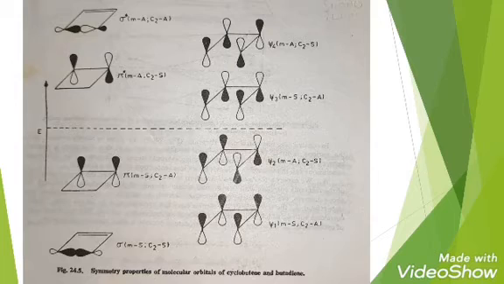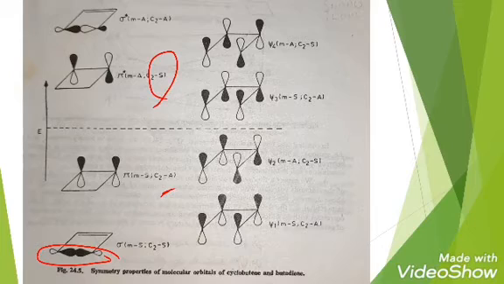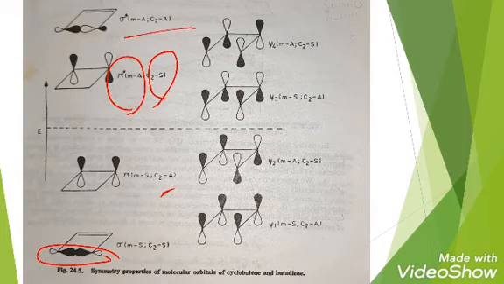The sigma orbital of cyclobutene is symmetric with respect to the mirror plane and C2 axis, and the pi orbital of cyclobutene is symmetric with respect to the mirror plane but anti-symmetric with respect to the C2 axis, and the excited state pi star orbital is symmetric with respect to the C2 axis but anti-symmetric with respect to the mirror plane, and the sigma star orbital is anti-symmetric with respect to the mirror plane and two-fold axis of symmetry. So both are anti-symmetric in the sigma star orbital.